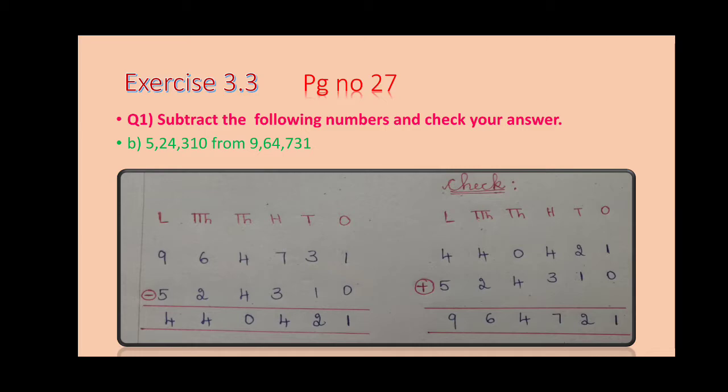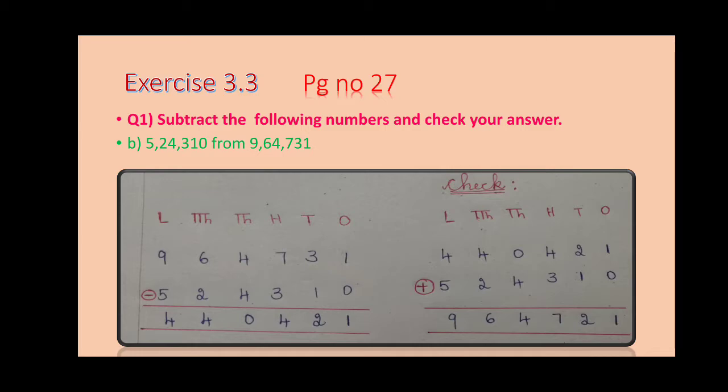Why? Because they asked us to subtract 5,24,310 from 9,64,731. You should know the concept of from. From means from this number. From which number? From 9,64,731. You have to subtract 5,24,310. So when you are arranging in columns,